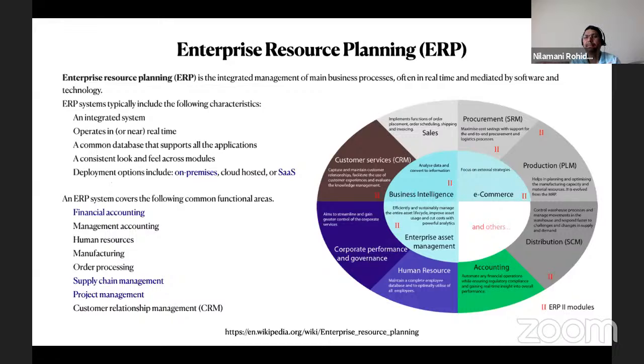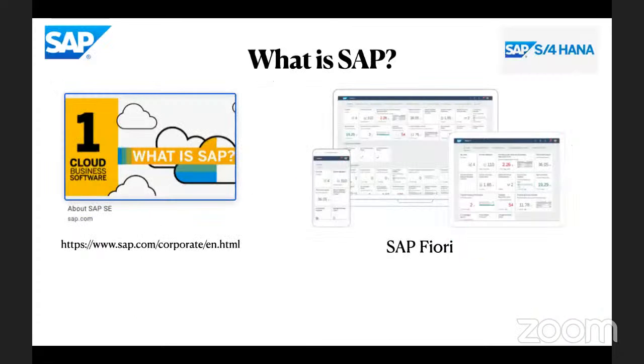Murali or anyone? I think silence is golden. Looks good so far, Nilamani. Okay. So